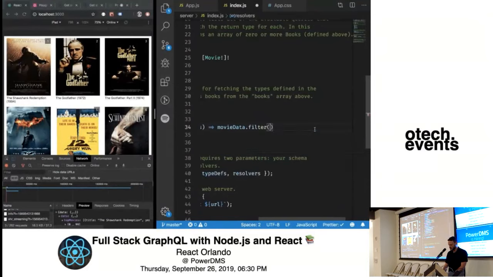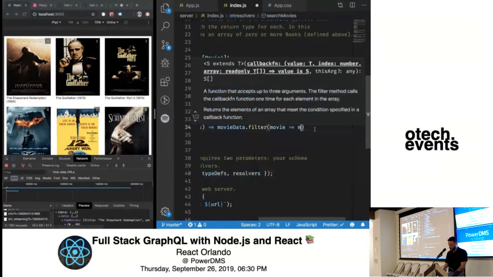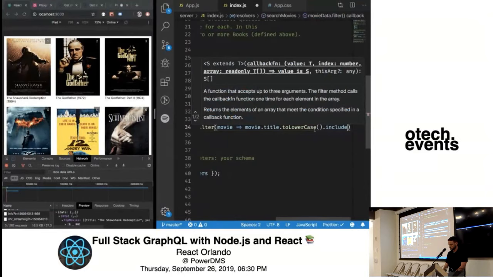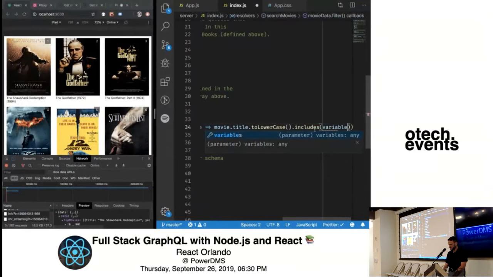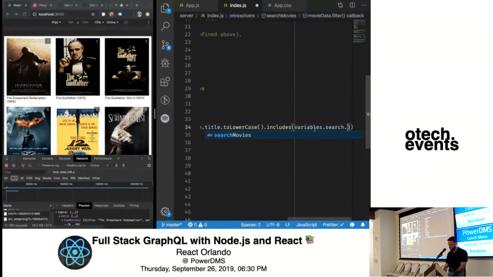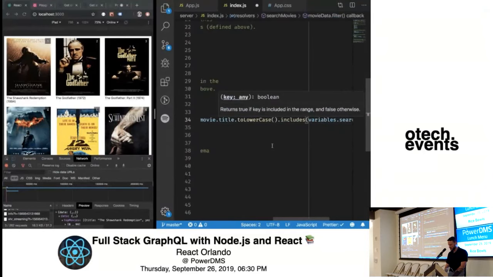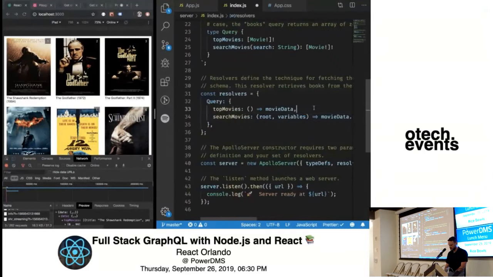We'll filter it. So my variable again is called search. Right, so that should send a filtered list of movies that only match the search by title.